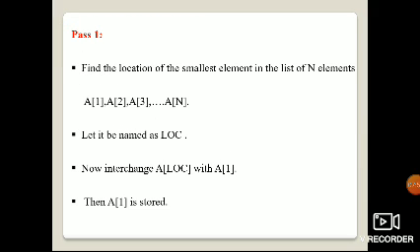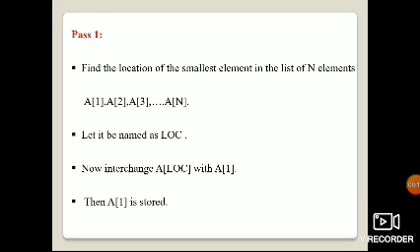First pass: find the location of the smallest element in the list of n elements, A of 1, A of 2, A of 3 up to A of n. We have to find the smallest number. The index always starts from 0 up to n minus 1. Name it the location.